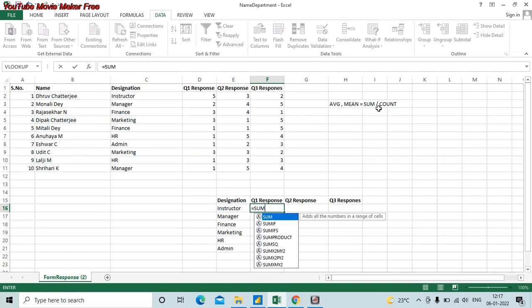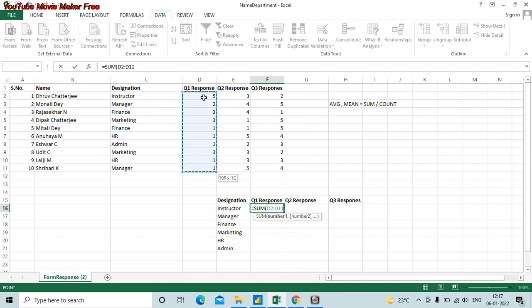But we cannot use directly the sum function because what it will end up doing is it will end up adding all of the numbers which are there in column D. So if I do this, I will end up adding all of the numbers which are there in column D. I do not want to do that. I want to add up only those numbers which belong to this particular designation of the row that we are talking about. So how do we do it?